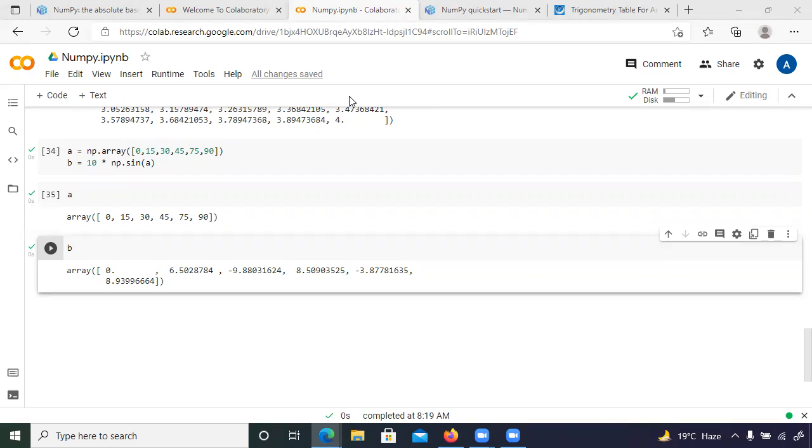One minute, let me check it. 10 into sine of a, that is your 15, is 0.25 something. Just give me a minute.